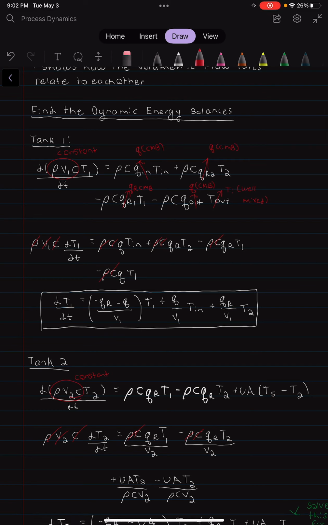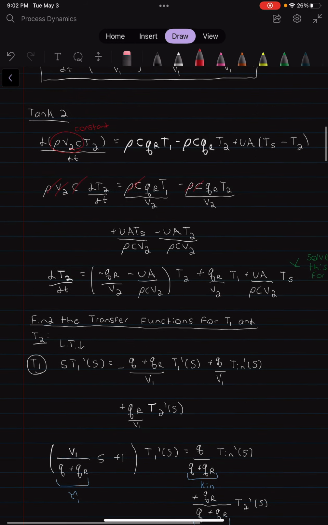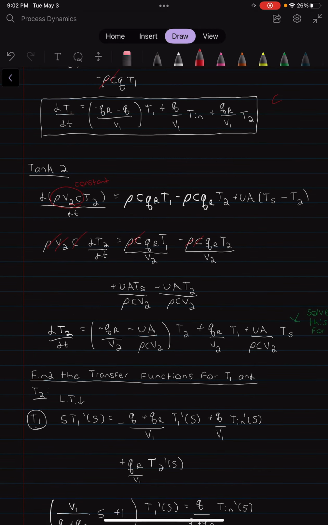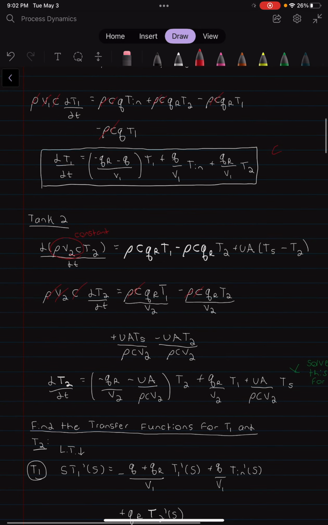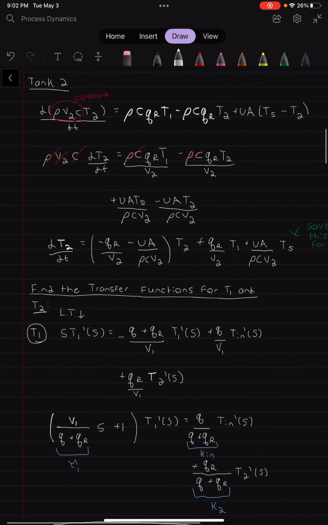Here we have rho, V, and C constant, which was assumed above, and we use the mass balances to further simplify this equation, getting this for tank 1 and this for tank 2, which is just basic algebra. We do have in minus out plus generation. This is generation, we're adding heat. And this is not steady state, so we have to apply our derivative over there,